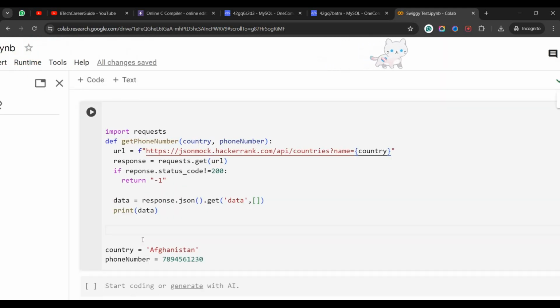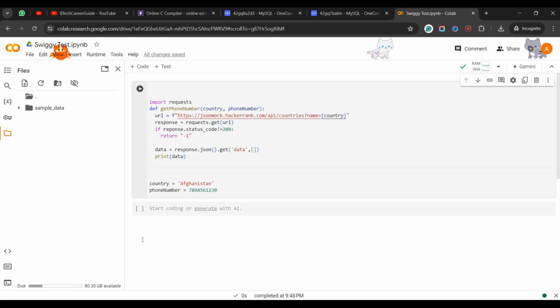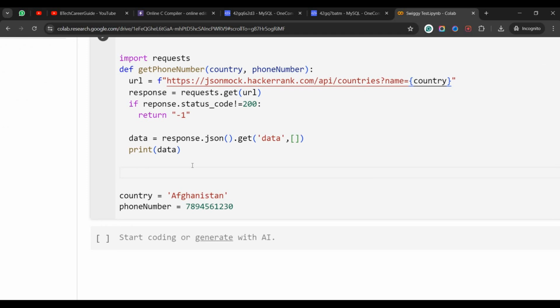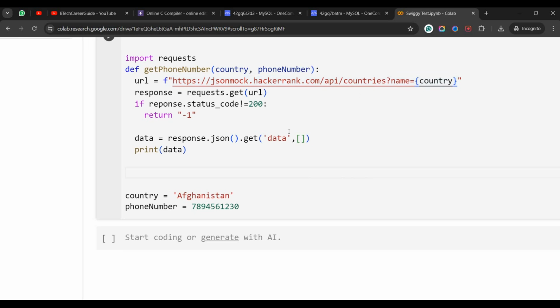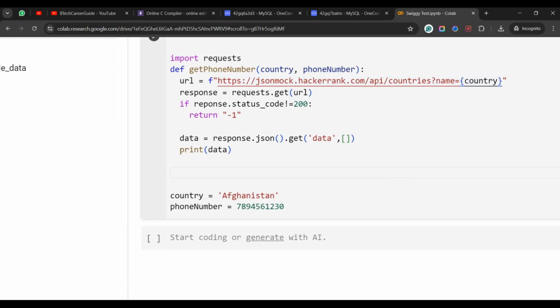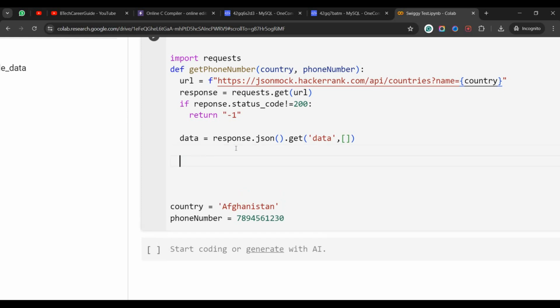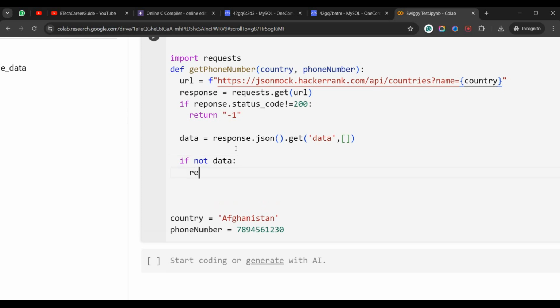Okay, why didn't it print anything? Okay, so let's write something and then let's see. In case it doesn't work, let's trace everything and then we'll be looking over it. countries question mark name is equal to country. Okay, everything is good from my side. Okay, so let me remove this. If not data, so in case data is not found, return